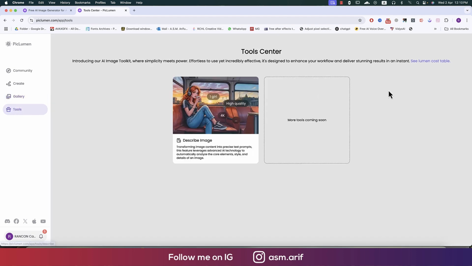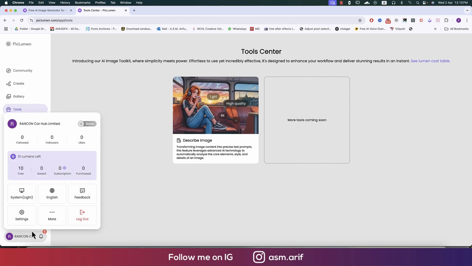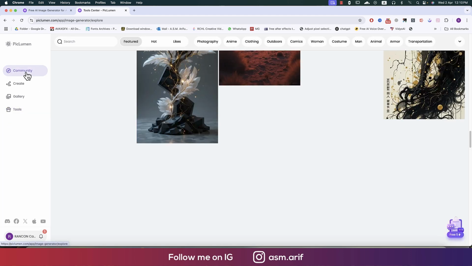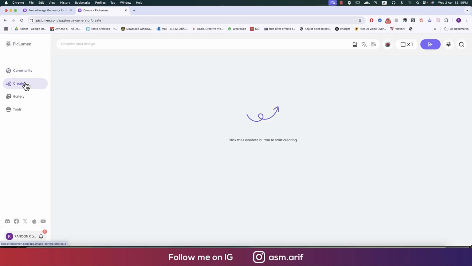And here are some tools. More are coming soon, and underneath there, some social media, and here is your profile. If you want to log out, you can log out from here. So here, going to the community, going to the create options. If you provide any sort of prompt over there, you can make a generation. So we are providing the prompt holding a